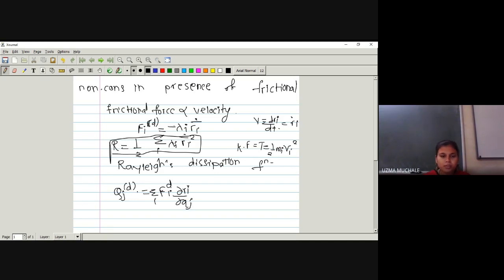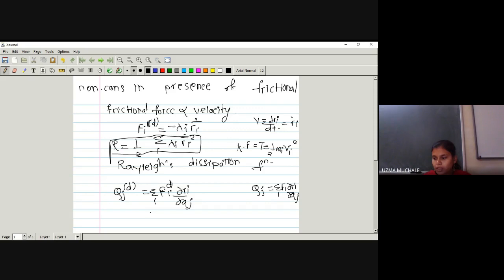How did we find this derivation? Actually, we have written one equation: Qj, the generalized force, is equal to summation over i of Fi dou Ri by dou Qj. This derivation we have already seen in the case of a component of a generalized force. So with the help of this, instead of a simple Qj, we have a dissipative function here. The force due to that is called a dissipative force. So whatever the D we have introduced here, instead of simply Fi.